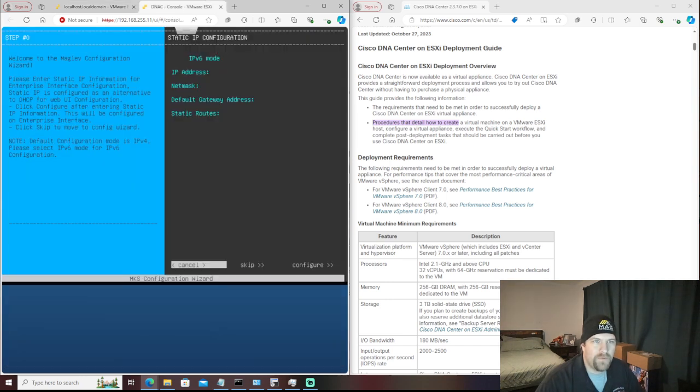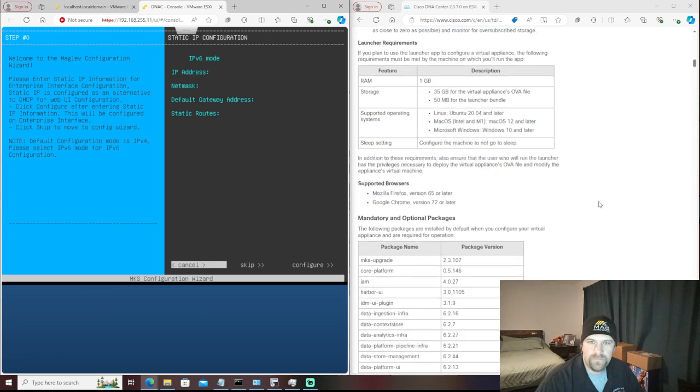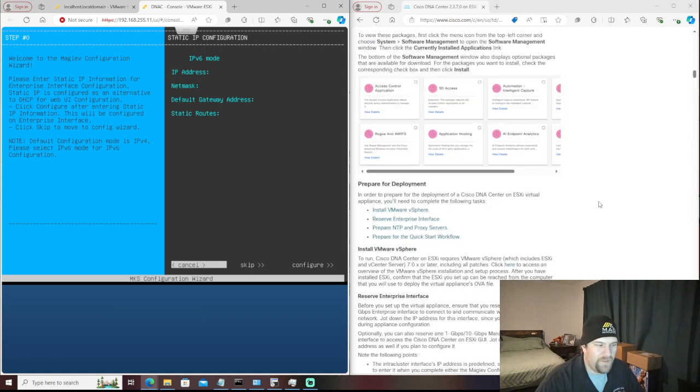All right, so we're gonna get through it. Yeah, forget the deployment guide. And now, all right. So in the deployment, we're gonna go here. We're gonna skip this step. Enter static IP information for enterprise interface configuration. Static IP is configured as an alternative to DHCP for web UI configuration. I don't give a shit about this right now. I mean, I probably should, but